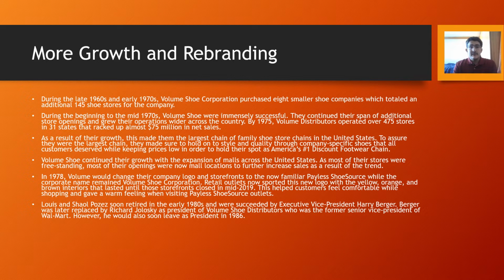During the beginning to the mid-1970s, Volume Shoe were immensely successful. They continued their span of additional store openings and grew their operations wider across the country. By 1975, Volume Distributors operated over 475 stores in 31 states that racked up almost $75 million in net sales. As a result of their growth, this made them the largest chain of family shoe stores